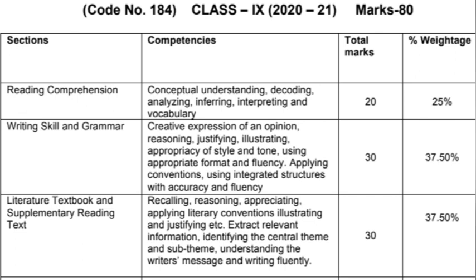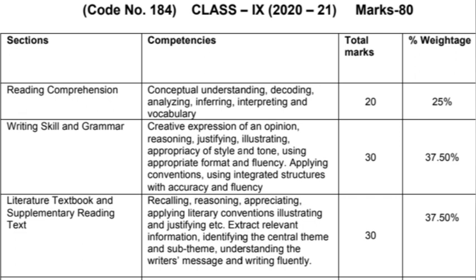So see students, first of all, you must know that the paper of class 9th and 10th English would be of 80 marks. And these 80 marks would be divided into three sections. As you can see on your screen, section number 1 is reading comprehension. Then the second section is a combined section of writing skill and grammar, and this section is of 30 marks. And the next section is literature, in which there are two books prescribed in class 9th and 10th. I would talk about them later.